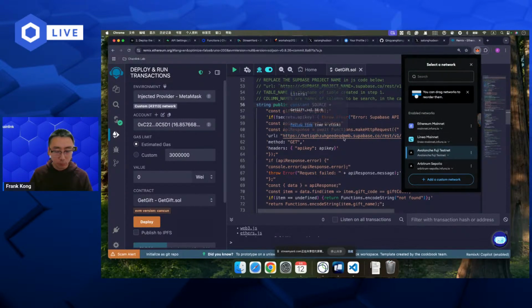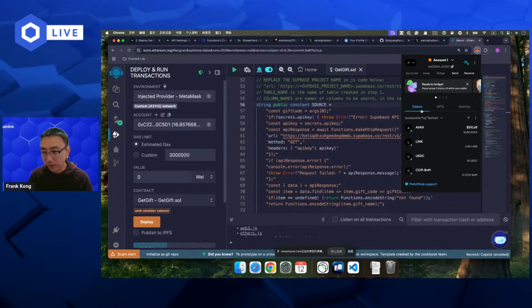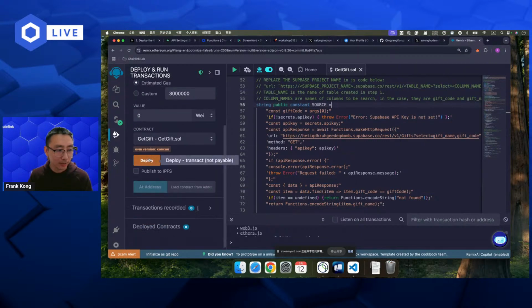If you want to use it, you need to switch to the correct testnet on your MetaMask, and make sure you have enough balance of the native token, because when you deploy the smart contract, you need some native token on the blockchain. I have enough tokens, I think. Then we can click this deploy button.